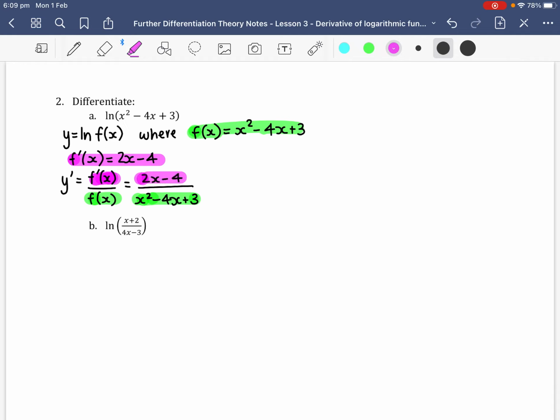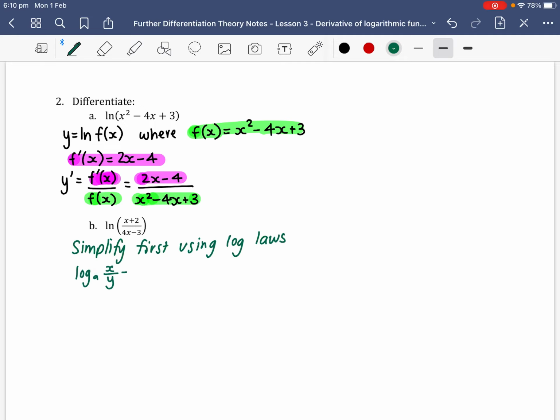For example B, we want to differentiate ln of (x plus 2) divided by (4x minus 3). Now this is where our log laws come into play, because what we want to do first is simplify first using log laws, and for the sake of this example I'm going to write out what the log law is